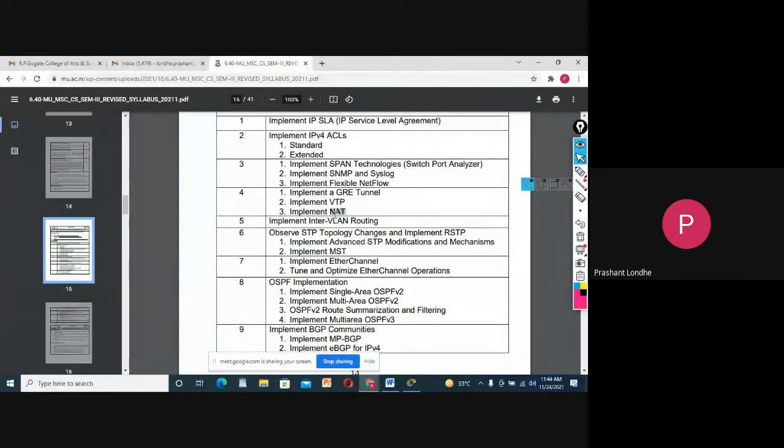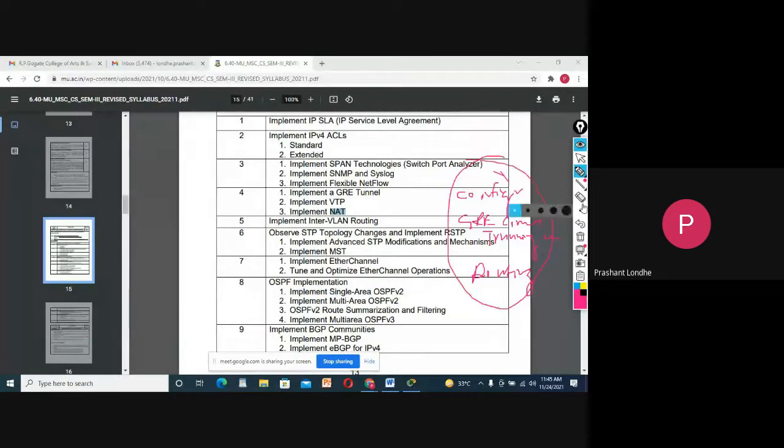So we know the concept of NAT, we know the concept of the GRE tunnel, and also we know the concept of VLAN. Basically, we need to set the configuration, then set the GRE connections or trunking connections, and then set the routing.